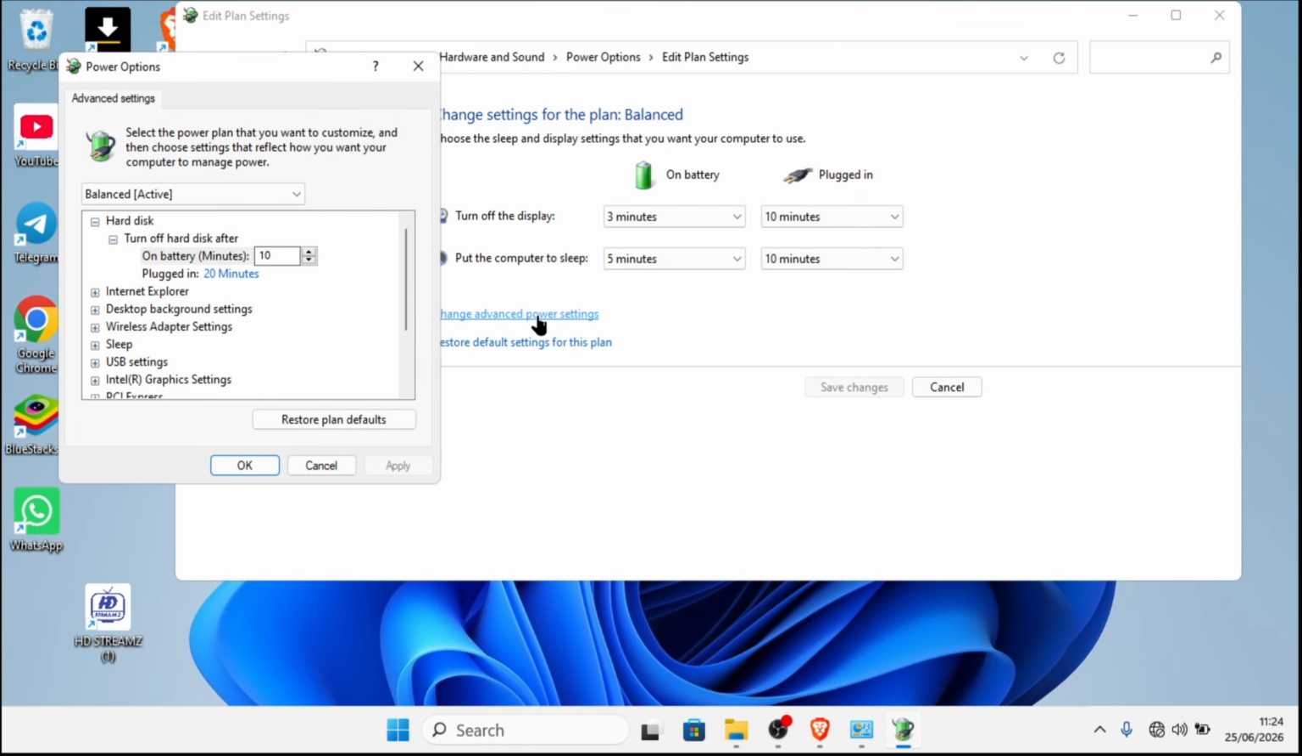Hibernate is different. It saves your session to your storage drive and then shuts the computer down almost completely, using virtually no power. To turn this on, go back to that Advanced Power Settings window. Find and expand Sleep, then expand Hibernate after. Set a time for on battery, something like 180 minutes. Now, if your laptop is asleep for 3 hours, it will automatically switch to Hibernate, saving you from that slow,